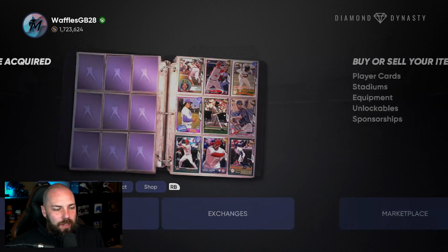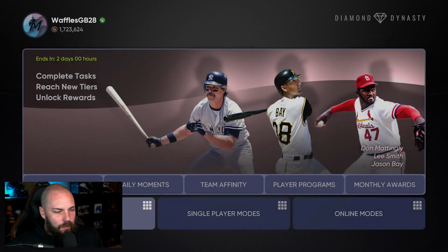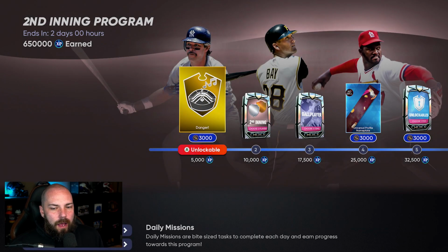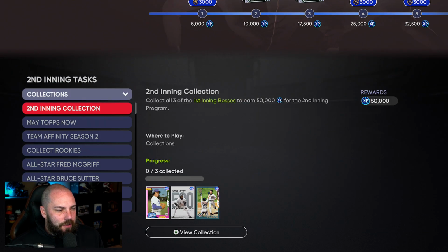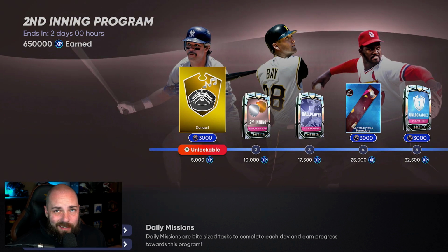Okay, going to the next inning program. So that's what we're going to look at to start. Okay, so we know that this is coming. If you do this collection, you're going to get 50,000 XP. Well, what do you get for 50,000 XP instantly, right? At this point in time, if they do a similar reward structure, I mean, you got